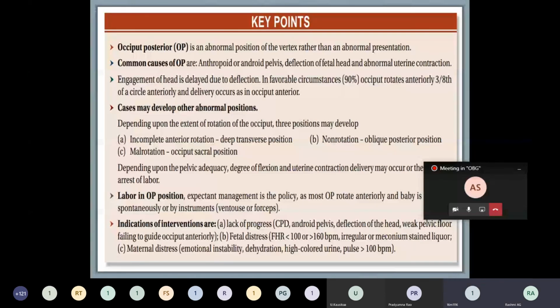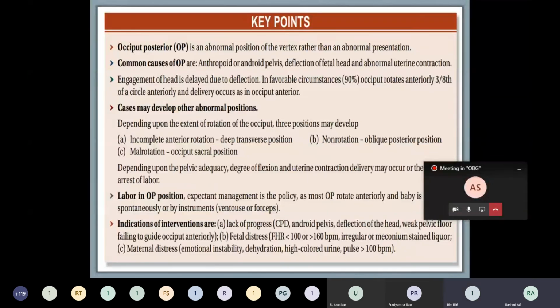Coming to the key points here: occipital posterior position is an abnormal position of the vertex rather than an abnormal presentation. The common causes of OP are anthropoid or android pelvis, the deflection of the fetal head and abnormal uterine contraction. Engagement of the head is delayed because of deflection, however, in 90% of the cases, there is a complete anterior rotation, that is by 3/8 of the circle, and the delivery occurs as an occipito-anterior. The cases may develop